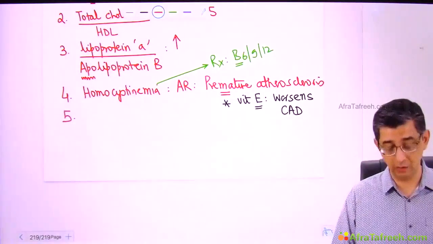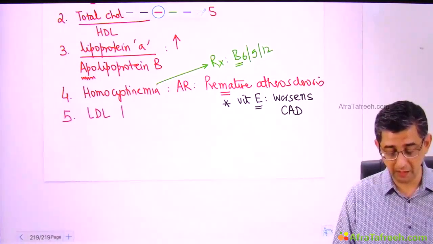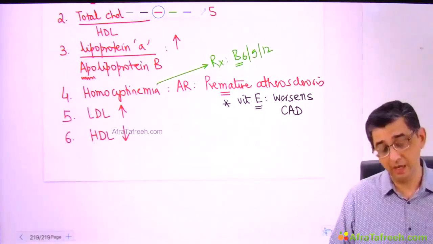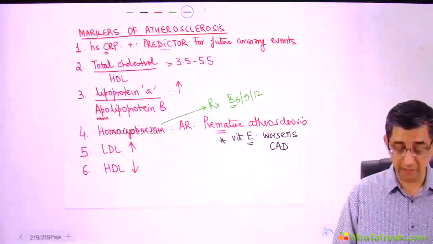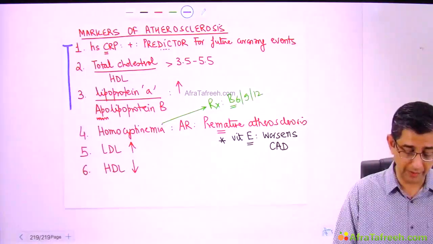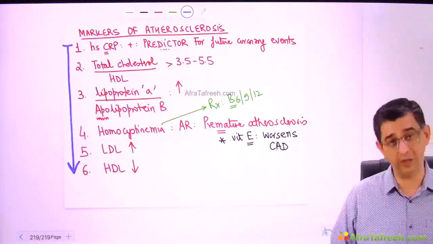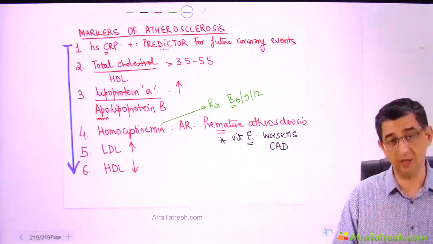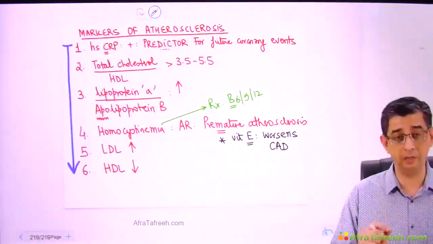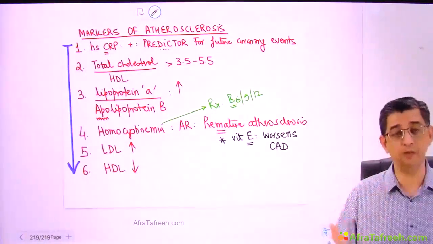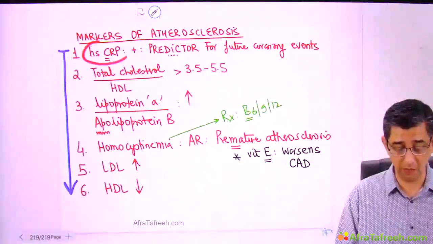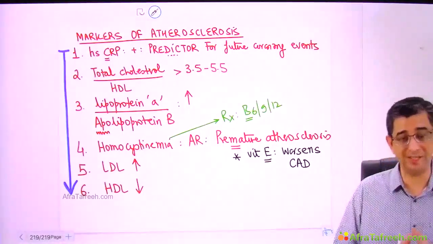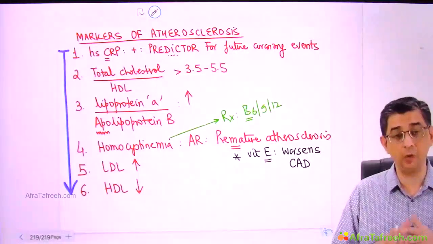Now, moving ahead, I also want to talk about the conventional stuff, that is LDL. The higher the values, and the lower the values of the good cholesterol HDL, the incidence of heart disease increases. And the way I have mentioned this information, I also want to say that this data is given in decreasing order of importance. So suppose these parameters are given in a single question and they ask you to select one, and it says which of these is the major determinant responsible for the development of coronary artery disease. The single best answer that you will give in the exam will be high sensitivity CRP. You can see that as we are going down, I mean this is the standard textbook data, the importance of the risk factor is relatively reducing.